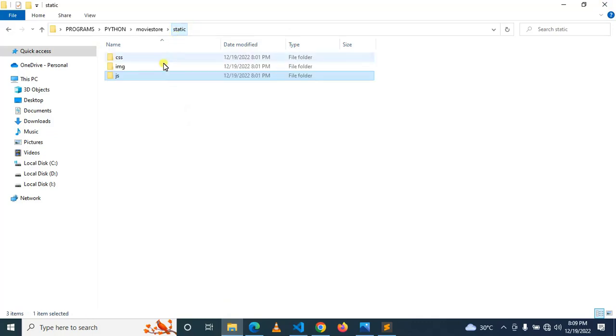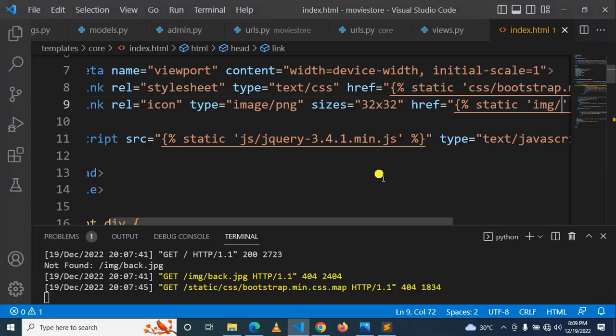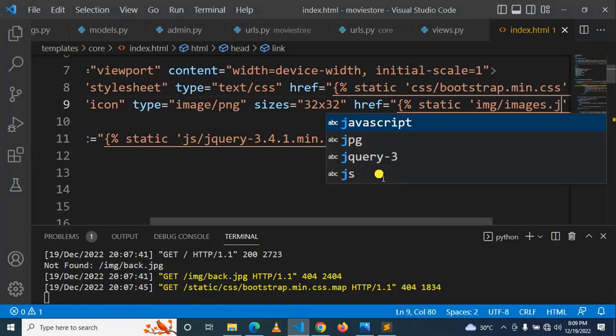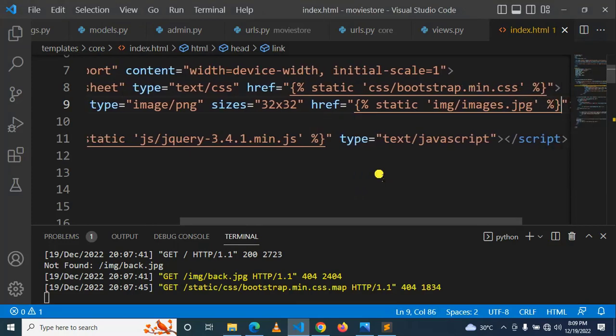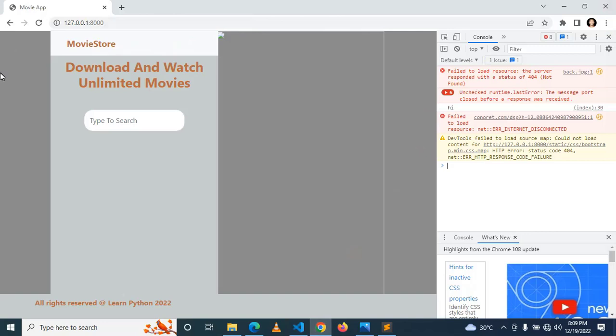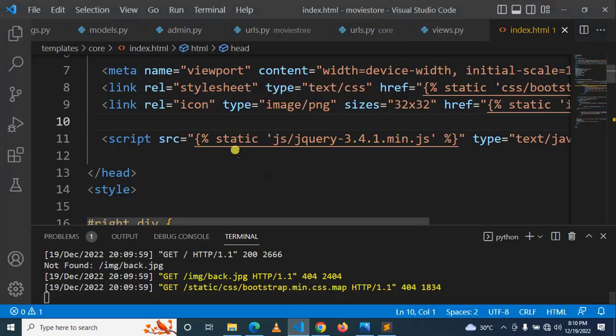So here in static image, copy, paste, .jpg. So once we refresh, you can see some changes here. Look here. Perfect, you can see some changes. After that,